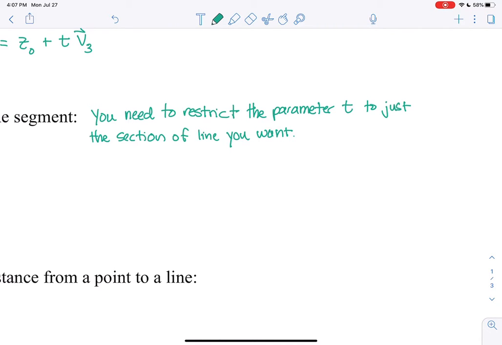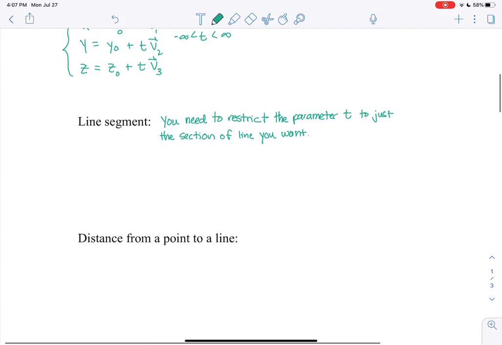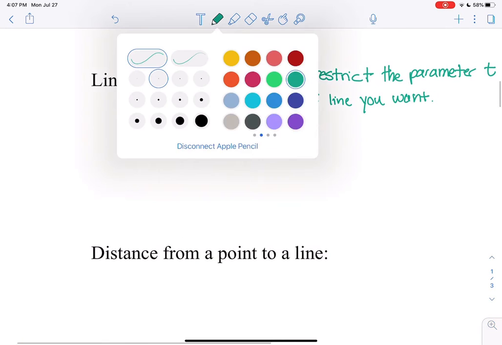So we can take a look at that in just a little example here. Seems like I'm frozen again. Let me just give it a second. Okay. So for example, if we just wanted the line segment